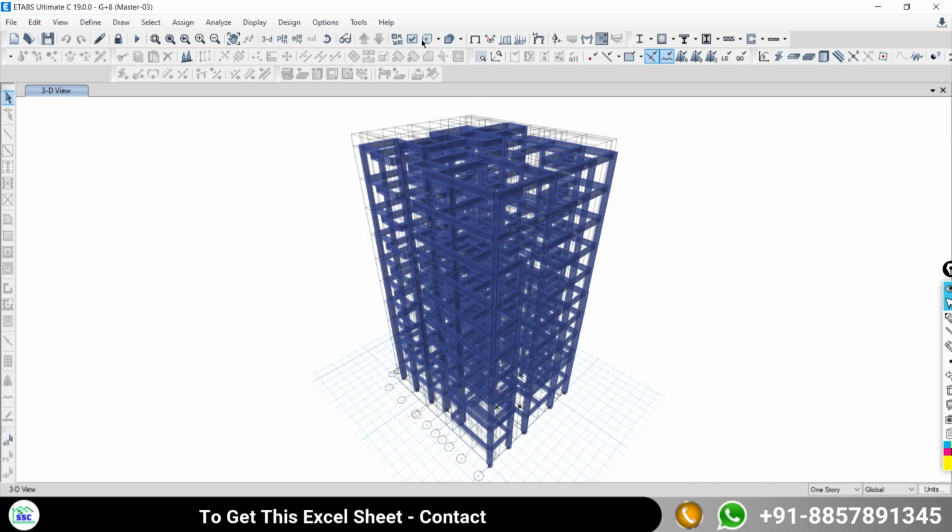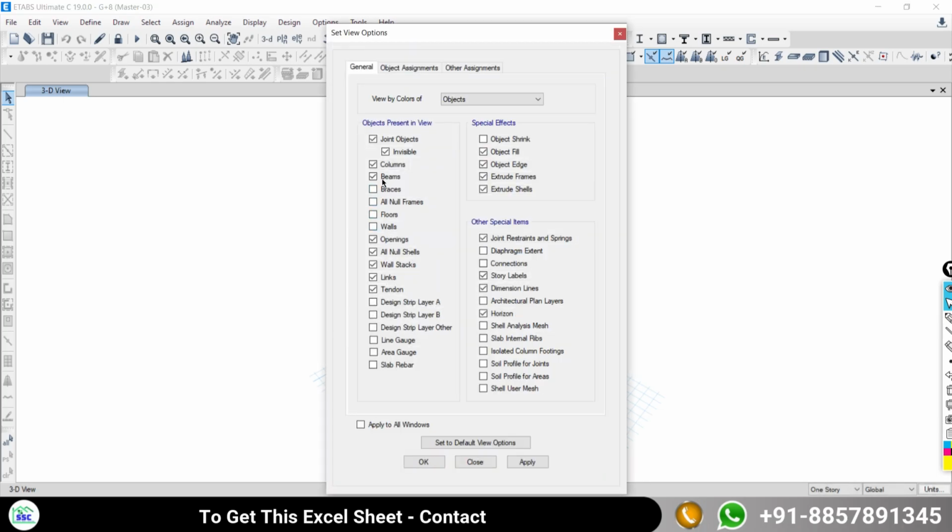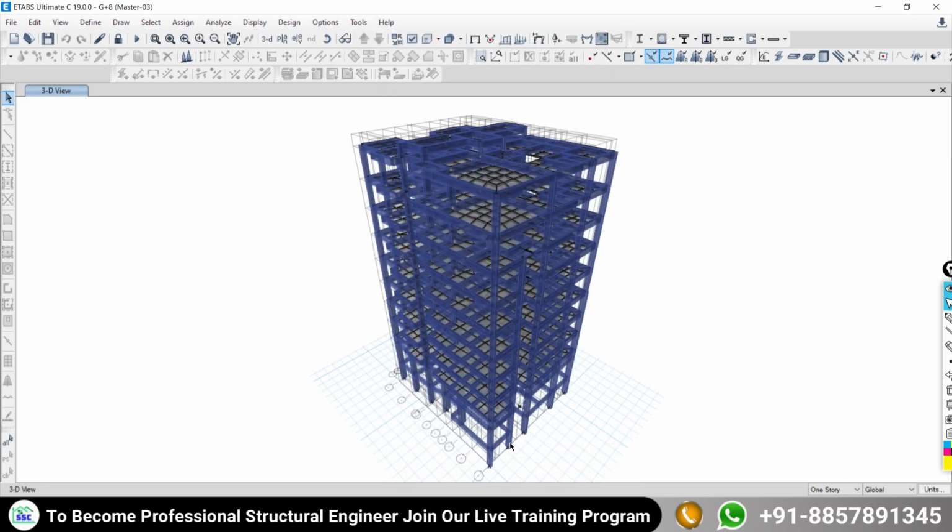Thereafter we will look at how to do the modeling of the slabs. Okay, different kinds of slabs are there. If suppose a circular slab is there, a curved slab is there, how to model that, all different kinds of slabs, that we will cover in detail. So overall we are trying to cover at this stage the modeling. Once your modeling has been completed, we will proceed for the